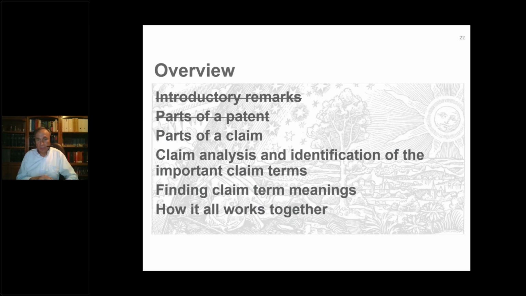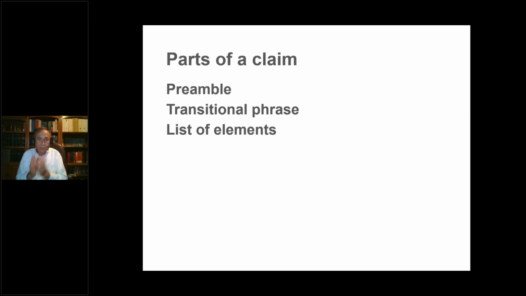So now I want to look very closely at the parts of a claim. So a claim has 3 parts. There's a part called the preamble, the transitional phrase, and then the list of elements. And these are statutory groups. This is what the patent offices of the world dictate is the way it should be done. And they're a lot more twitchy about the claims than they are about the specification. So these 3 pieces of a claim always occur in this sequence. And when it comes to these pieces, there are very limited choices. So that makes it easier.